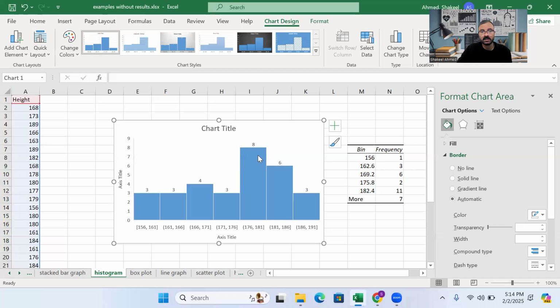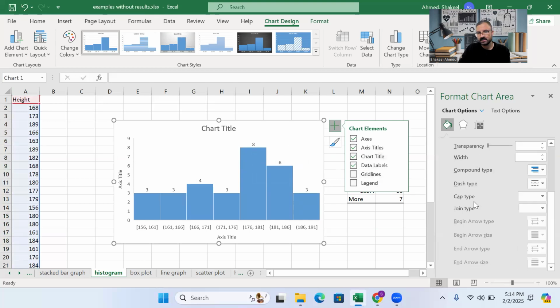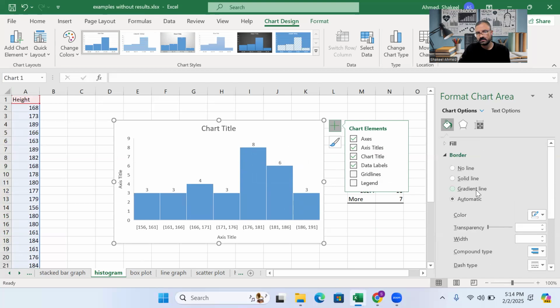And you can again add the error bars, and the most important thing, you need to add a frequency polygon on this histogram. So how can you do it? You can just see here, join dashed, and